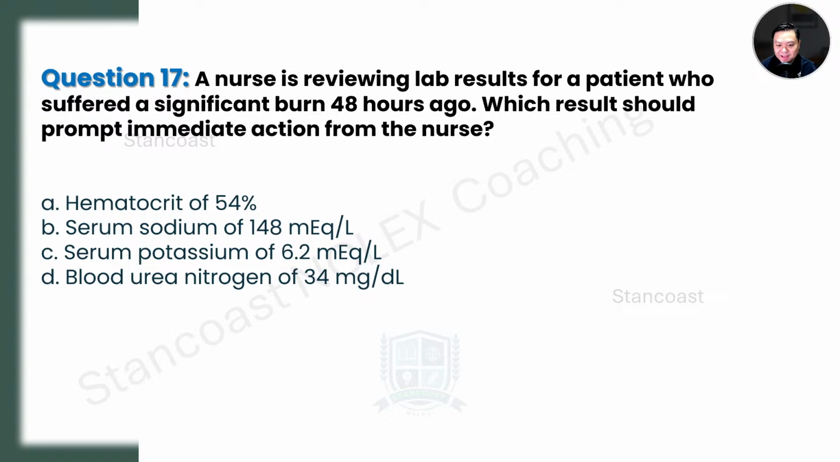Look into the values individually. Hematocrit, do you think that this is something that would call for immediate action? 54. This indicates a high hematocrit level, so possibly indicates dehydration, possibly fluid shifting. At that level, 54, it's not that urgent compared to the answer that we're looking for. The correct answer here is the hyperkalemia, 6.2. Remember the value of 3.5 to 5 milliequivalents per liter. Anything above 5